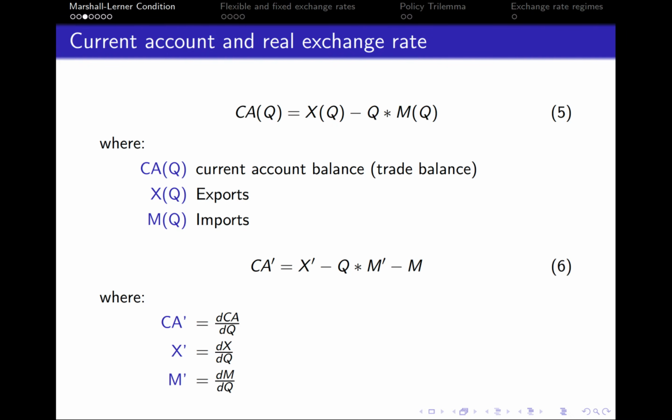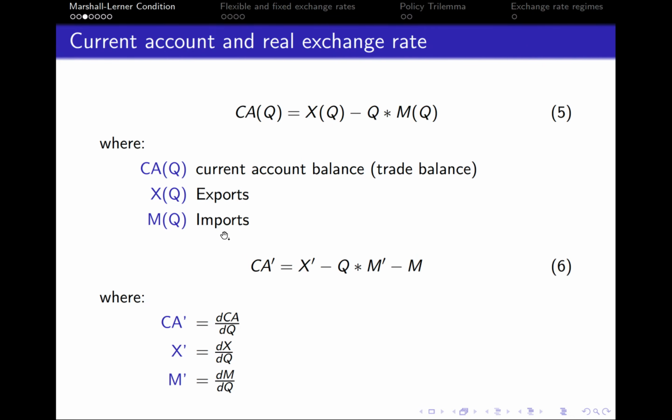So now let's move to current account. Look, current account, of course, is not only made of trade balance, but this is what we're gonna assume here, where net factor income is inconsequential to us. Let's assume that the current account of given economy is given simply as a difference between exports and imports. Okay, and let's look at this expression. So here we have this current account, which is equal to trade balance. X represent exports, and